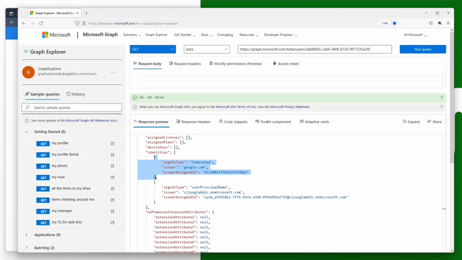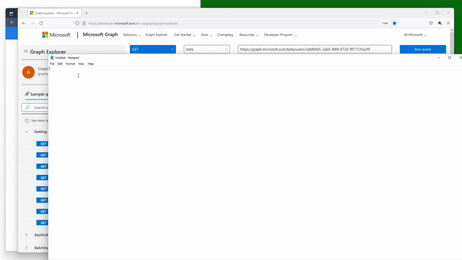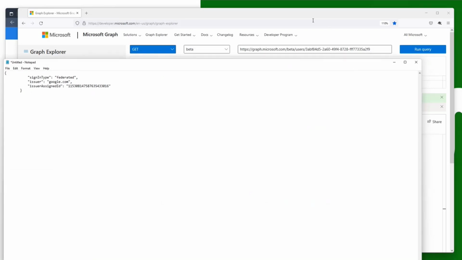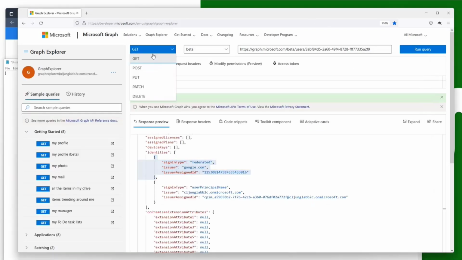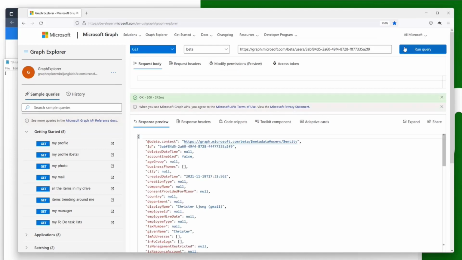So let's do something funny here. Let's save this because I can't remember this in my head. And let's be wild and crazy and delete this user directly. Like this. The user is gone, doesn't exist anymore, and it's not there. So what I'm going to do